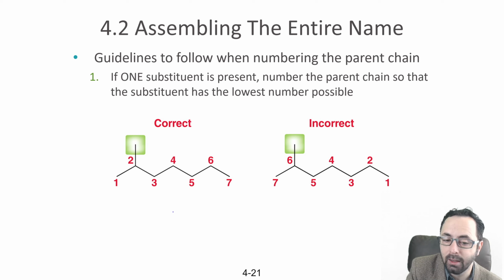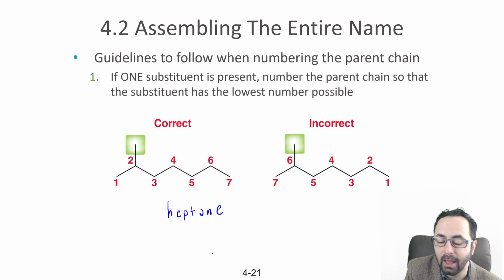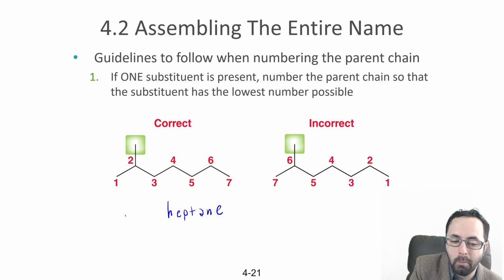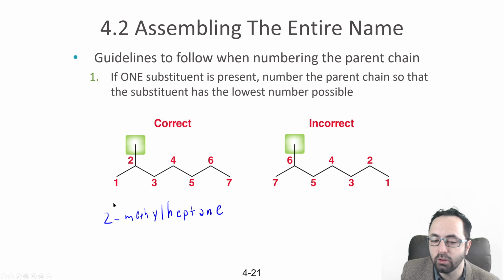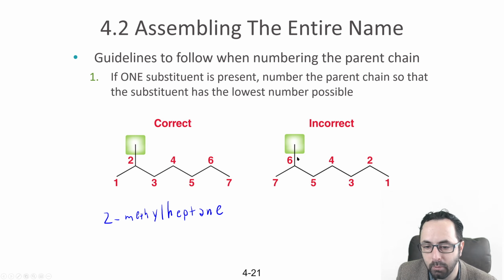The main chain has 7 carbons, so its prefix will be hept, and there's only single bonds in this hydrocarbon, so the suffix will be ane. There is a branch here with 1 carbon, so meth indicates 1 carbon and yl indicates a branch, and that branch occurs on the second carbon, so it's 2-methylheptane. There is no such thing as 6-methylheptane, because